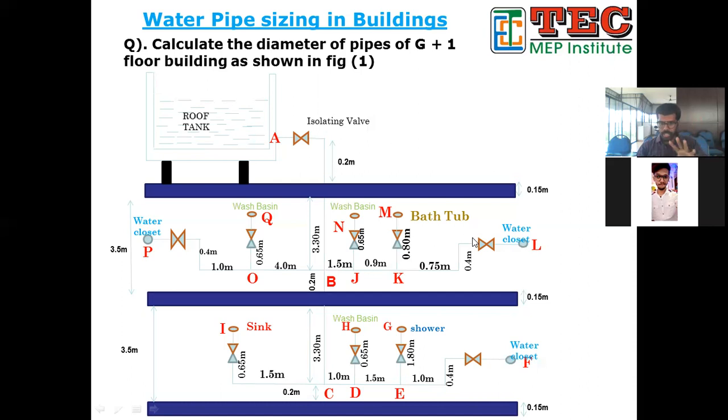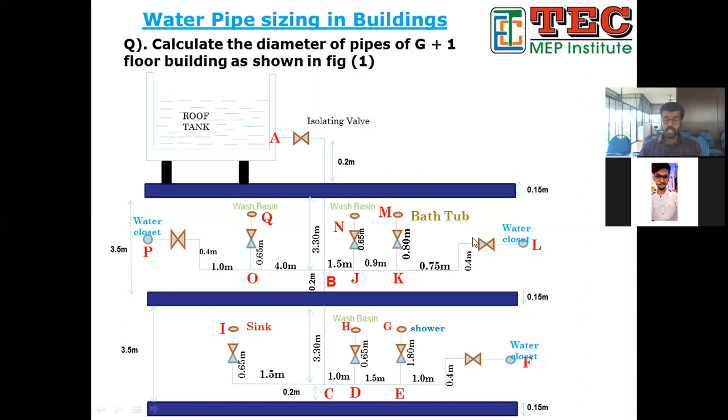This loading unit method is also important, because we are taking the values from it. By the help of the loading unit method we have found out the pipe size, and we take that pipe size and insert it in the head calculation tabular column to find out the head. So what was there in the loading unit method: first the node, then a description of that node, here water faucet, wash basin, etc.